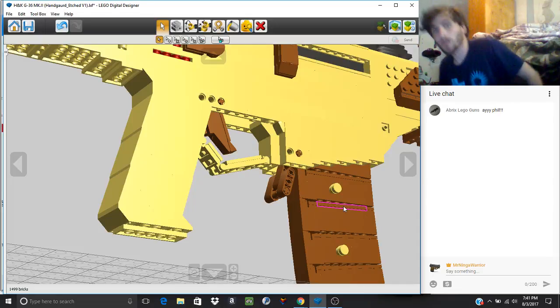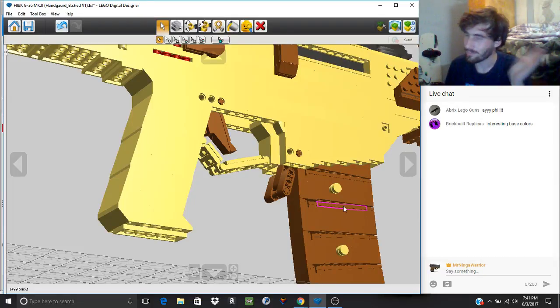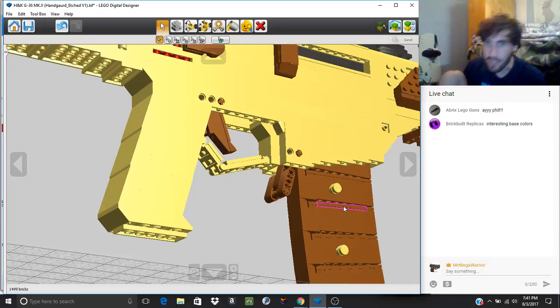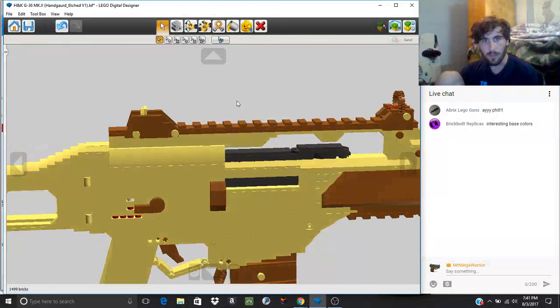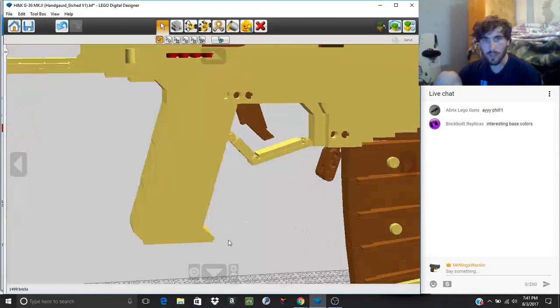I'll be doing it so that it's like a standard grip, but it's going to be slimmed down to, yeah, the base colors are just me working in bright colors so I can see different details. Like, it's really hard to see this detail right here while it's all in black, because it really doesn't show off shadows and stuff. So yeah,